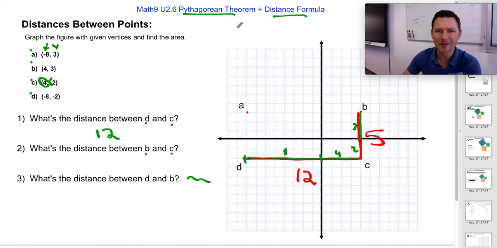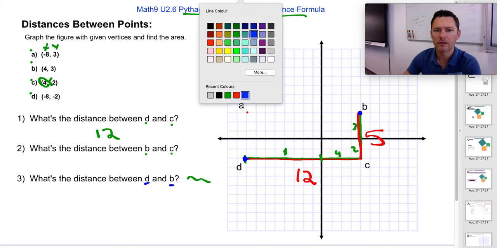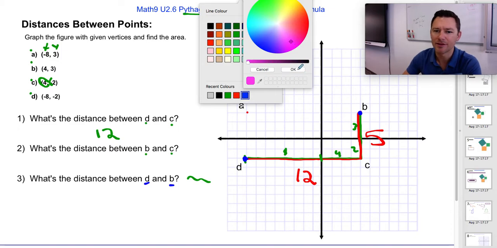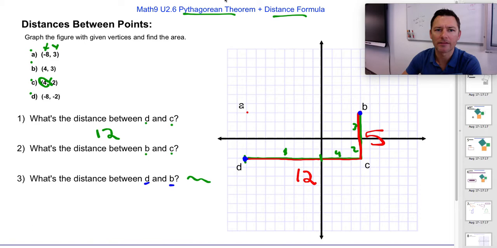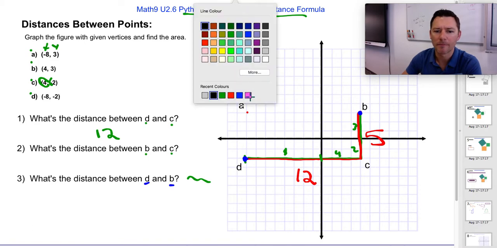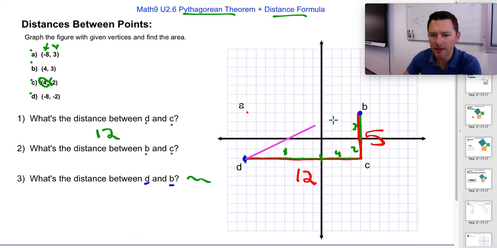The fussy bit comes in if you're trying to find the distance between D and B, right? It's here, that's here. If we make a, let's try this. Let's do it in some ridiculous color. How about, let's try pink. Not that pink's a ridiculous color, but let's throw down a line and see what happens. If we take this distance,